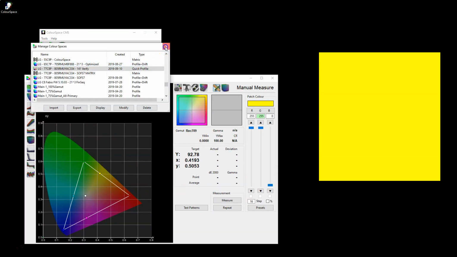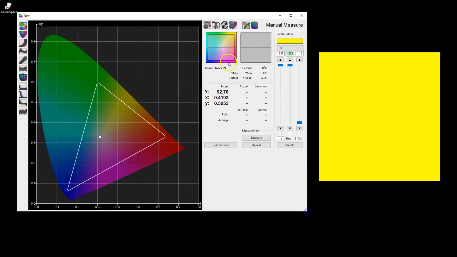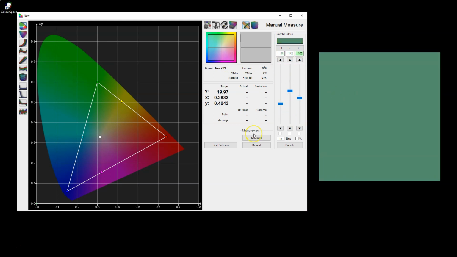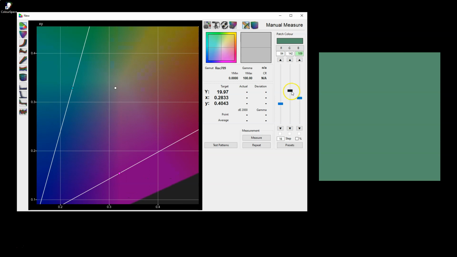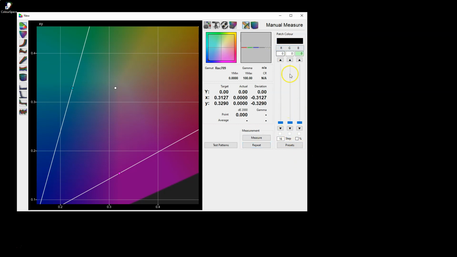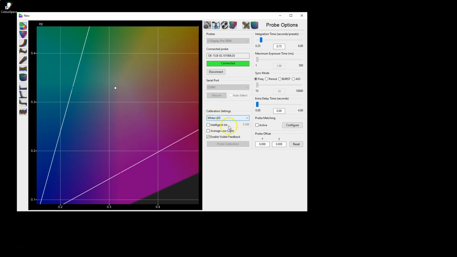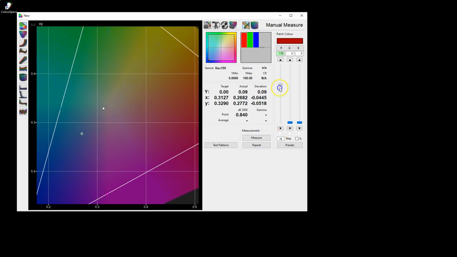Okay, back to our measurements, and we are going to just look at the options we have for setting, for example, patch colour. So we've got the usual sliders to set the patch colour, and if we take any measurement it will populate into the graph. So if we go look at say some black and white to start with, so we can show the min and max being configured. At the moment the lock buttons aren't working, so I'm moving all three independently. But if we just make sure that we've got everything set there, yep, we can take a measurement and it will populate into the graph the black reading. There we go. And then if we go back to white